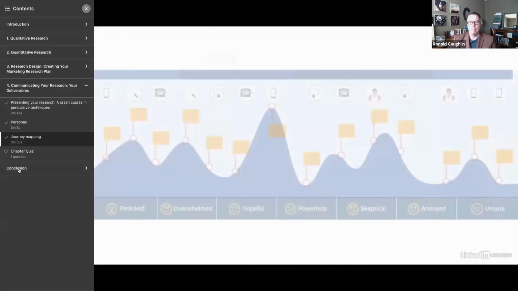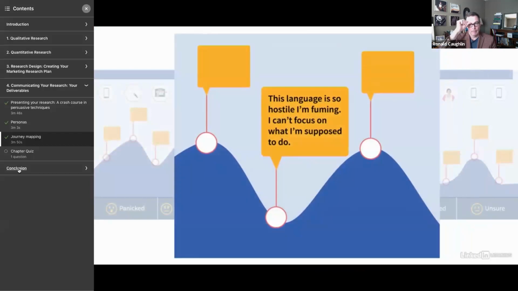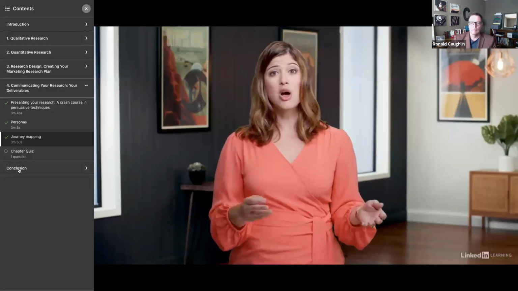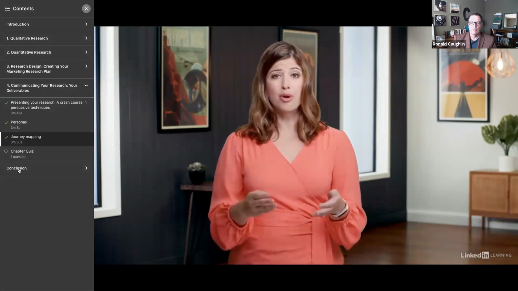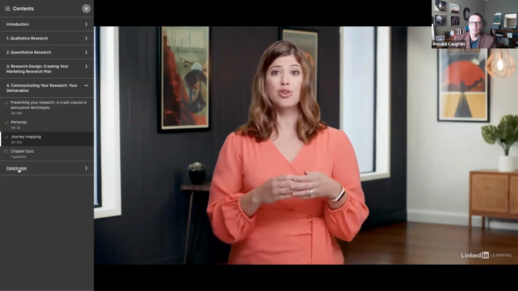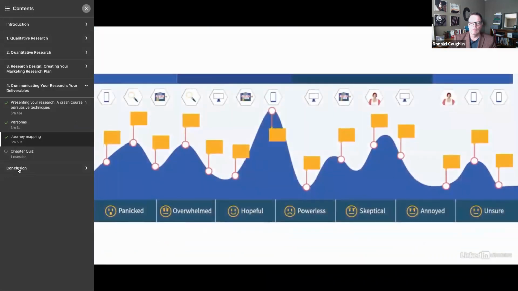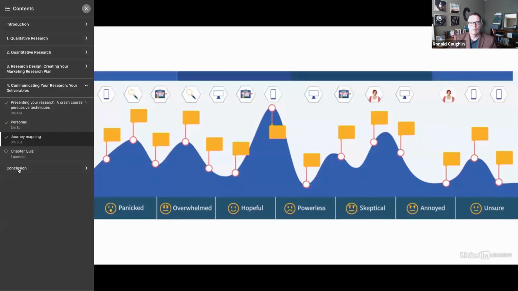For example, a user in one of my past studies said, and I quote, "This language is so hostile, I'm fuming. I can't focus on what I'm supposed to do." A raw, unedited quote like this can help staff connect with users and prioritize features that will turn any mediocre or negative experience around. Journey maps are a powerful way to present your research because they help marketers, product designers,